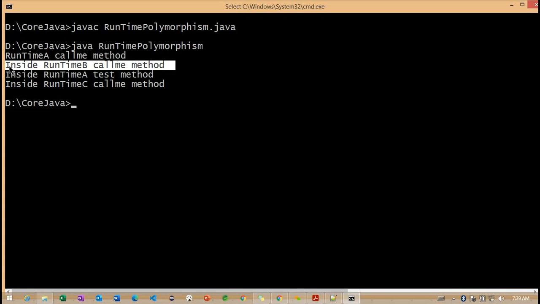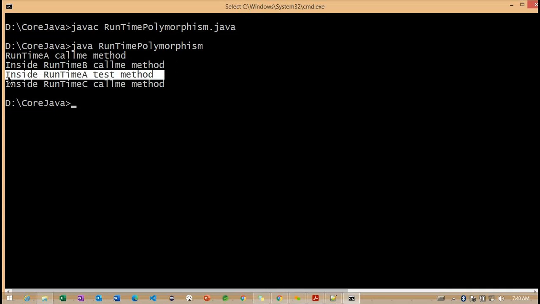Okay. Now we defined the test method in our superclass only. We did not define the test method in the subclass. So with the help of this particular superclass reference, we are calling the test method. But the understanding is important here. First, which class is going to get the priority? The compiler is going to give the high priority to the subclass. If it is not finding the method in the subclass, it moves on to the superclass. So we need to understand this carefully.